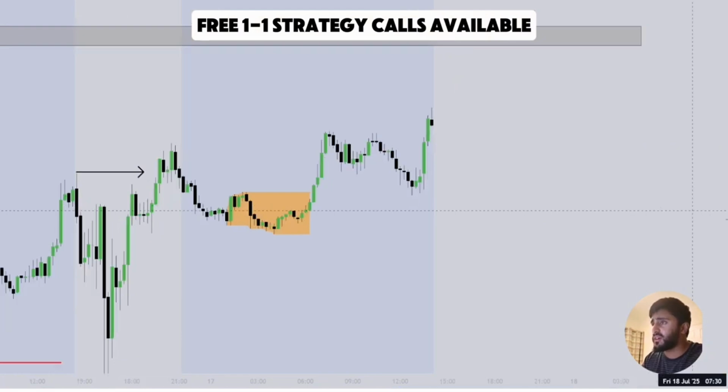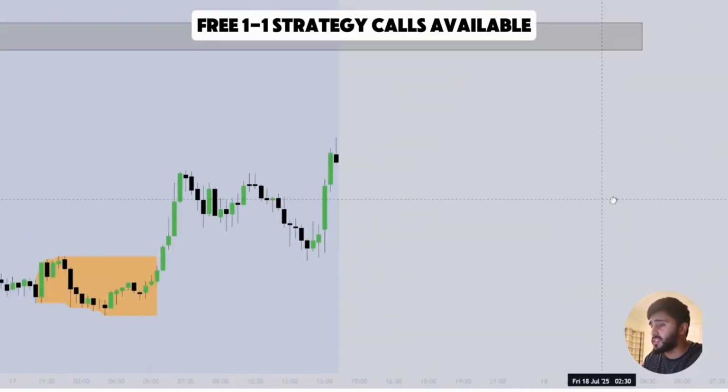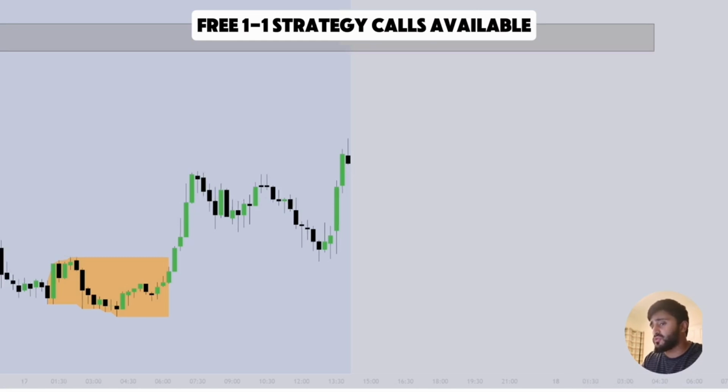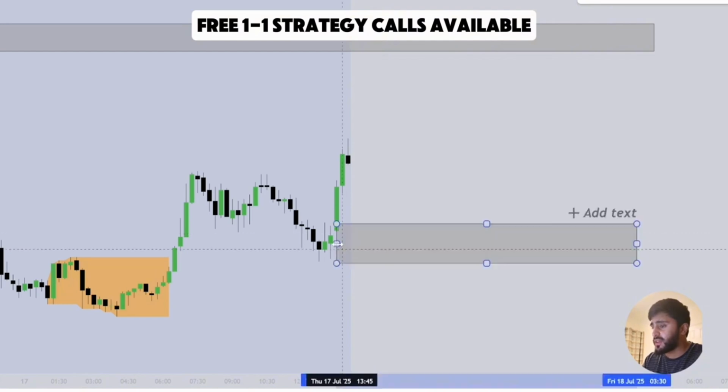What I like to do is mark out what we call local fair value gaps. It's really that simple. Trading is really simple. You are trading from key level to key level. That's all you're doing. So if we study how this fair value gap panned out,